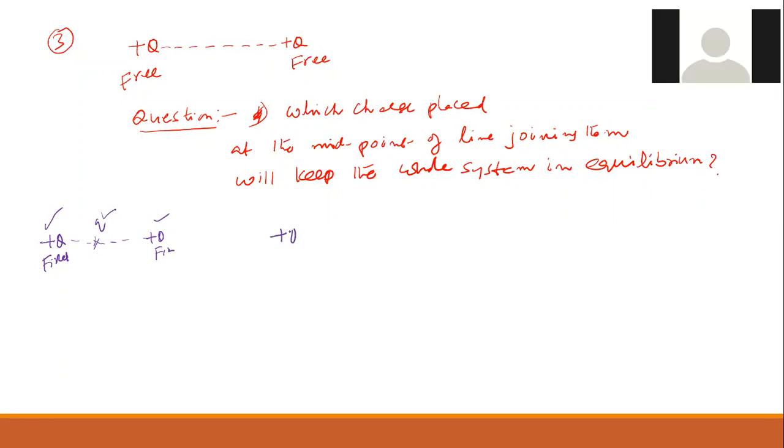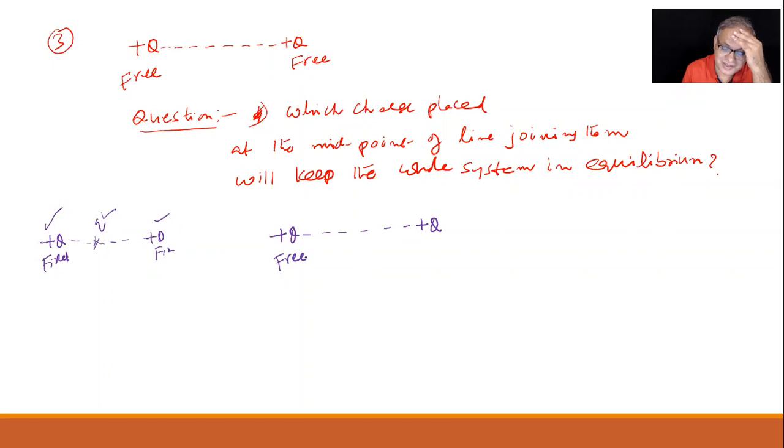Now, yes, tell me, Sai. So if we place a charge in between them, they will move to a certain distance where the whole system gets into equilibrium. If they are free. Bharat, I appreciate your spirit, but think before you talk. Look, these are free now. Remember, even if they are free at this moment, if you could place a charge exactly at the midpoint, this will be in equilibrium, isn't it? Net force would be 0 at that moment. But will the force on this also be 0?